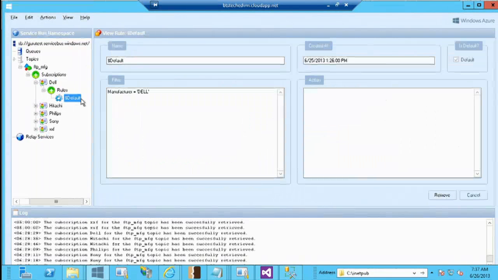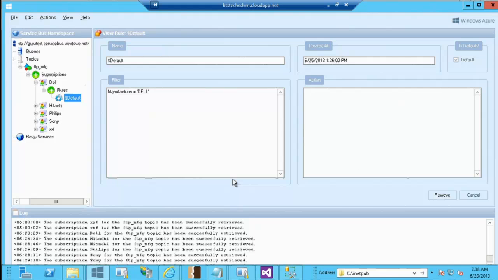Here I have a rule which says if the manufacturer's name is Dell, put it into this queue. I have a rule like this for every one of them. If the manufacturer's name is Sony, put it into the Sony queue. Manufacturer's name is Philips, put it into the Philips queue. And finally, I have a catch-all queue which says if you give me a random manufacturer, like let's say the manufacturer name is GE, for which I don't have a queue, put it in that catch-all bucket where it takes every message.